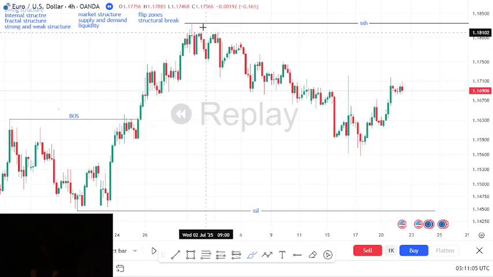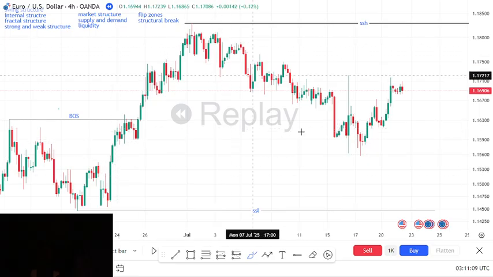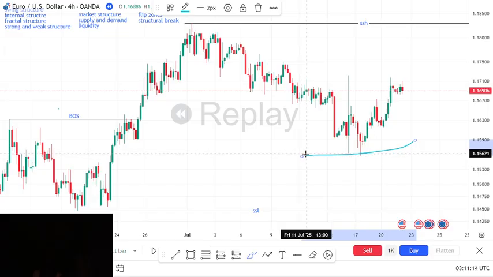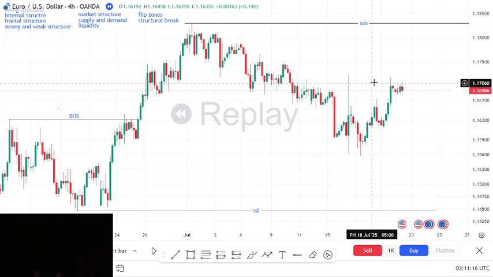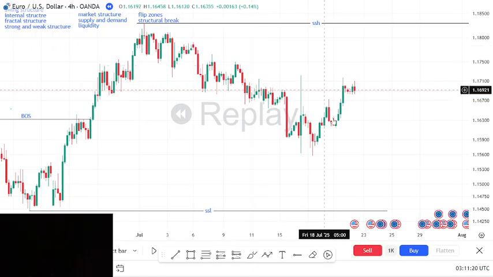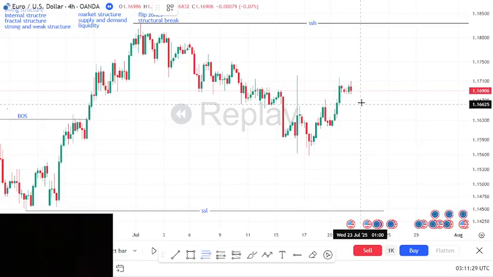Cool. We have this pullback that we are expecting from a market structure perspective. How or when do we expect this pullback to happen from a market structure perspective? Okay, I've identified my swing structure. You have fractal structures and everything within. But looking at this bullish structure,